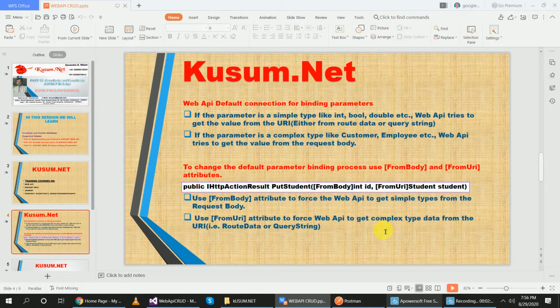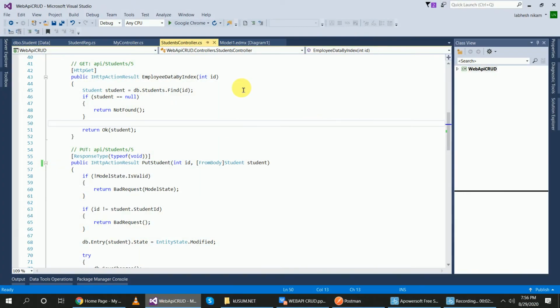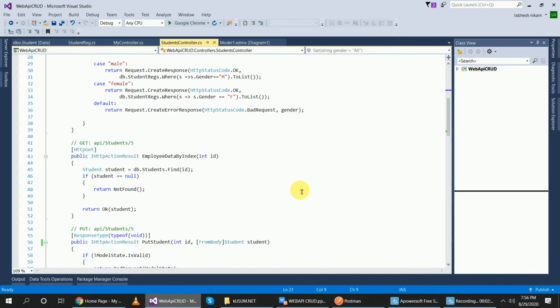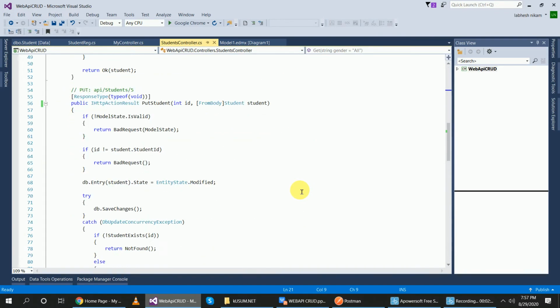So let's start how to do this. This is my web application, and this is my Web API controller. You can see here, I will use the put method to explain this video tutorial. In this video, I have used this PutStudent method, and inside of that, I have passed id and the class of the table name and object of it.